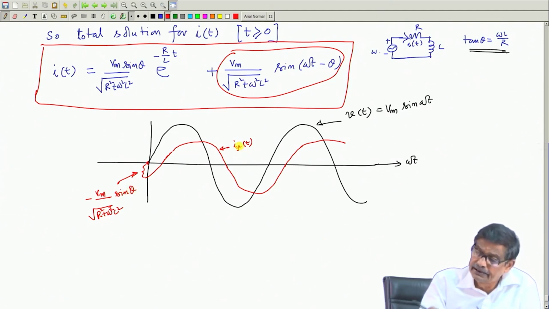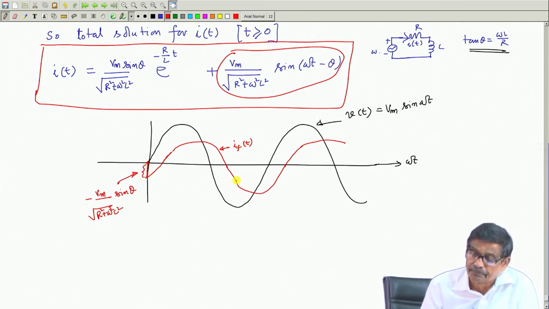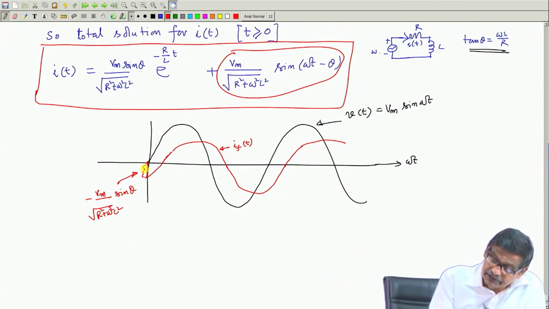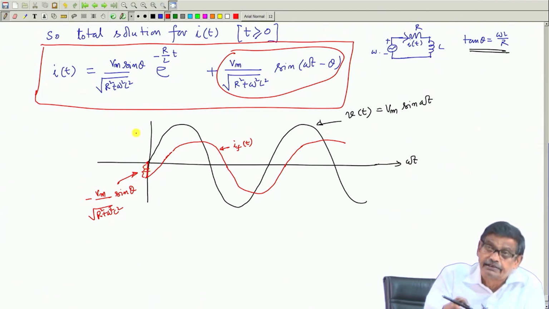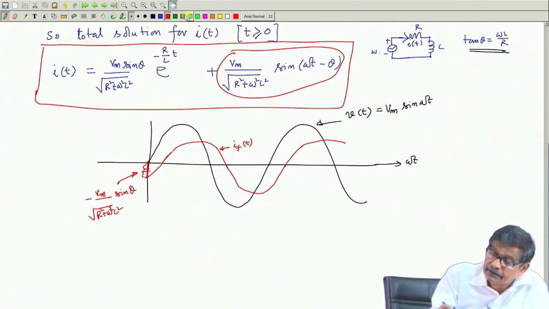Sin minus theta minus, you bring outside. So, at t equal to 0, this is the current, negative current. But at t equal to 0, this must give this much of positive current, and in fact, it is given. So, this I will use a different color. It will, this length is equal to this length,